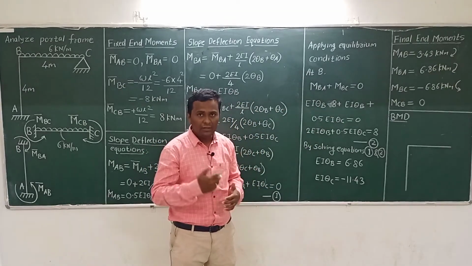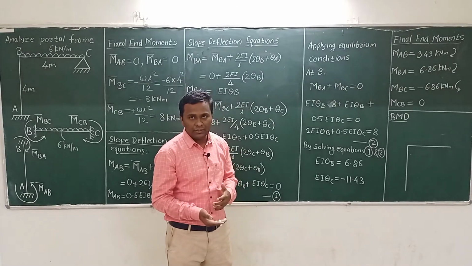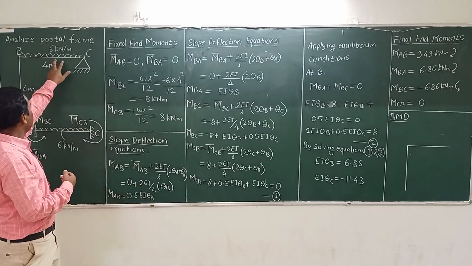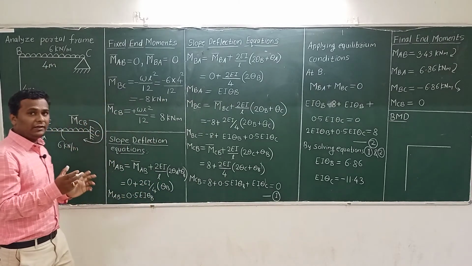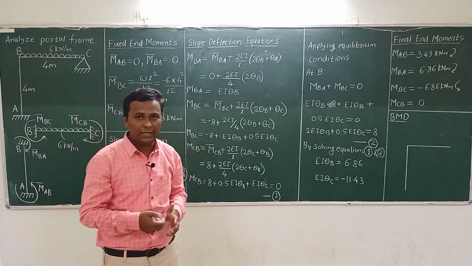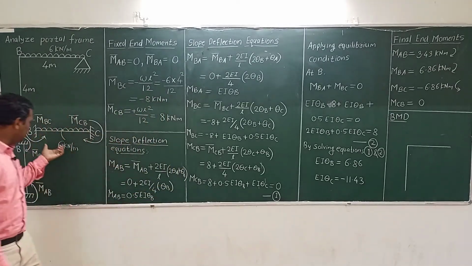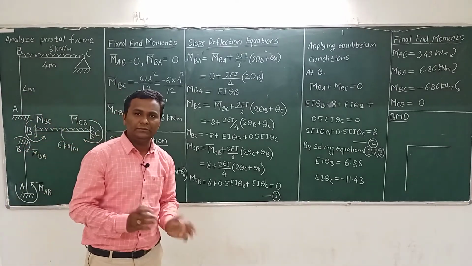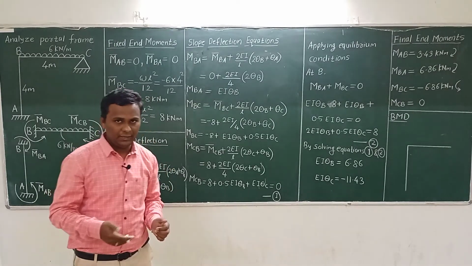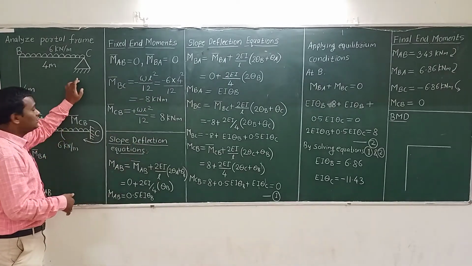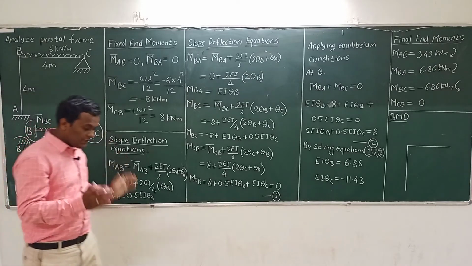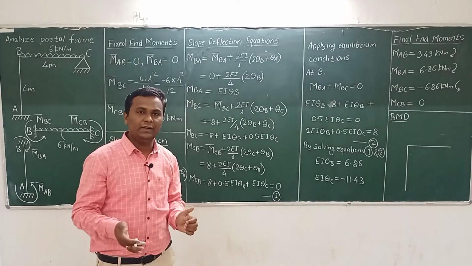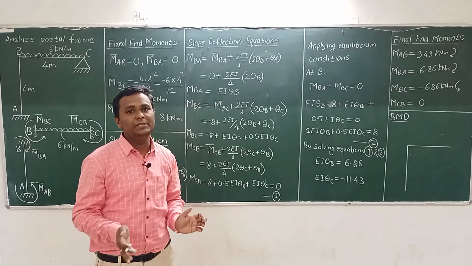So we will first draw the bending moment diagram because of the end moments, and then we have to go for the bending moment diagram because of the applied load when we are considering the spans as simply supported beams. As initially you can see, we have considered all the beams and columns in this portal frame as fixed, but basically if you see the original condition, it is not like that. So the initial assumption is considering the spans as fixed, and the second assumption is considering the spans as free, means they are simply supported.